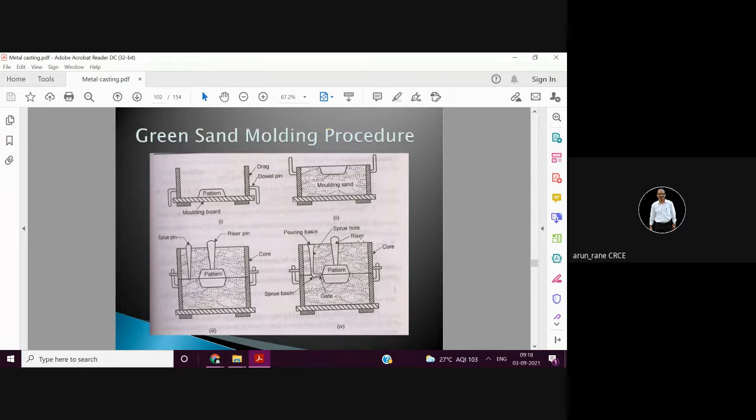Now the function of the riser is that the excessive molten metal is lifted or is passed through a passage, and that passage is called the riser. Suppose you have calculated that the volume of the molten material which is required is say half a liter